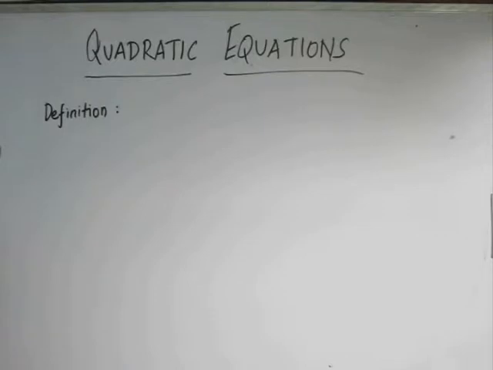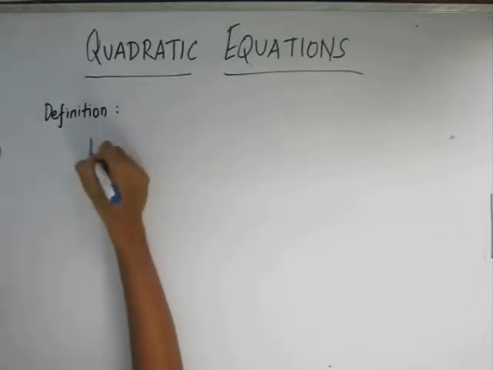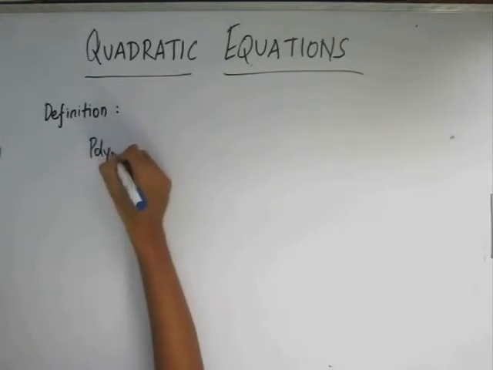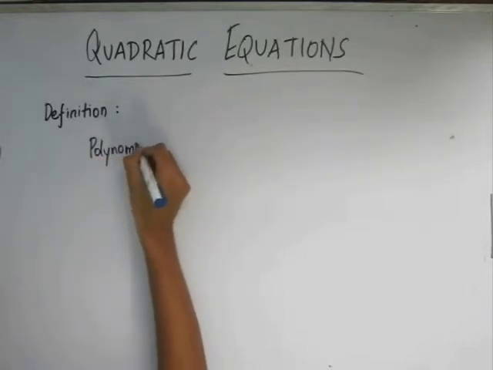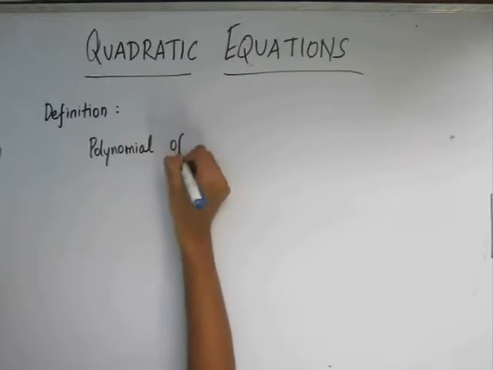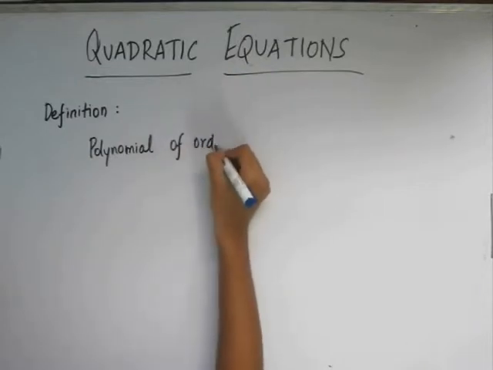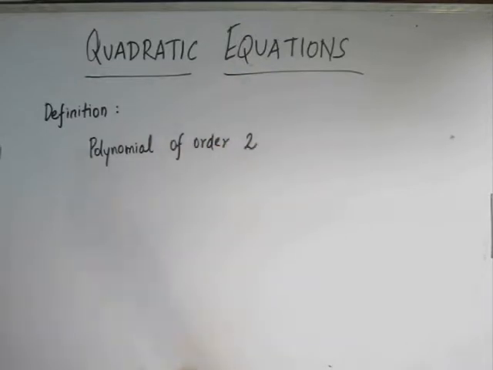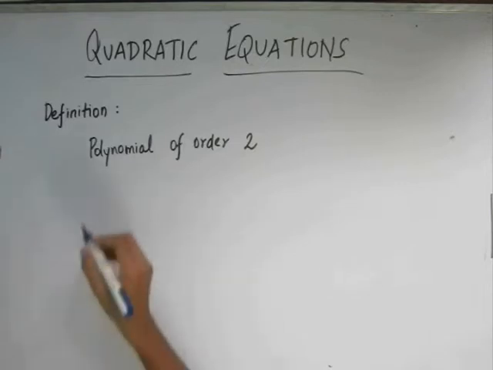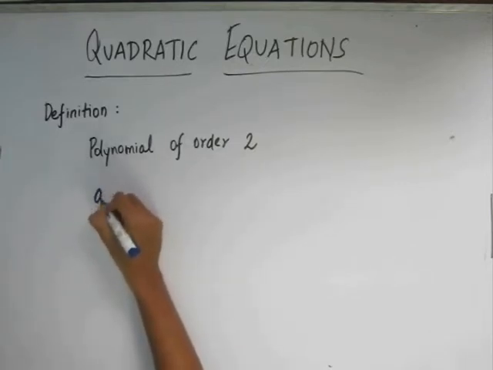From your earlier subjects, you must know what a polynomial is. So a quadratic equation is basically a polynomial of order 2. A polynomial is a summation of algebraic terms, each term having a coefficient of x raised to some power of a natural number. So when I say it is a quadratic equation, I mean that it is of the form